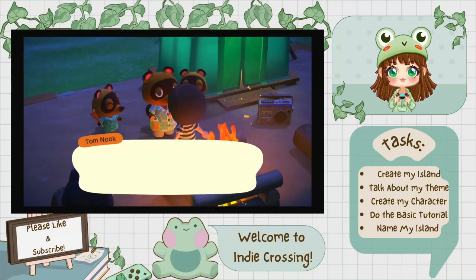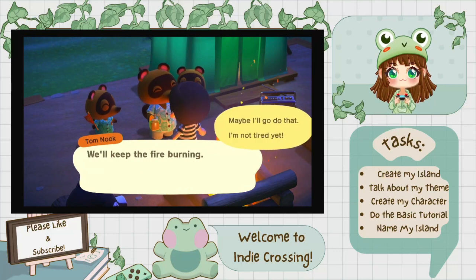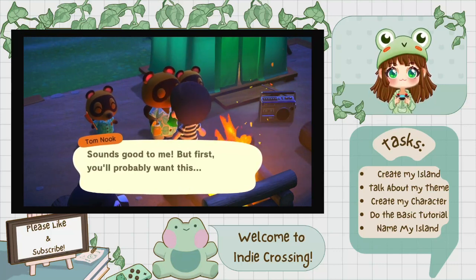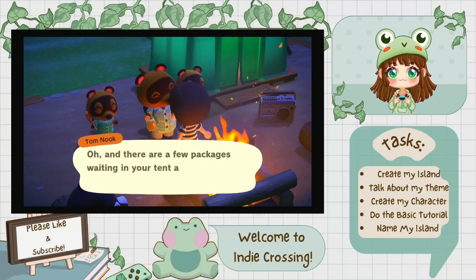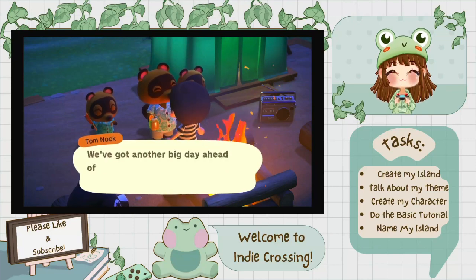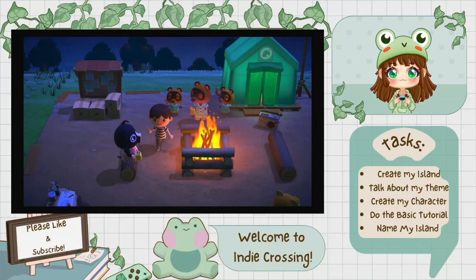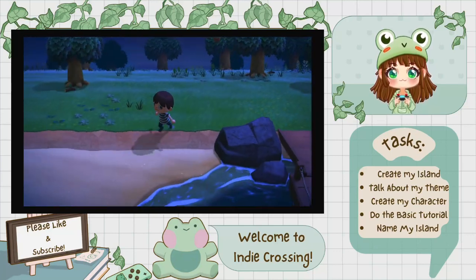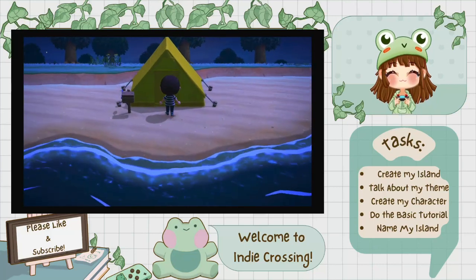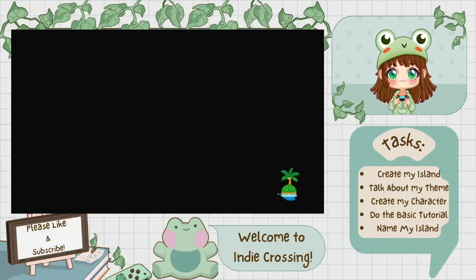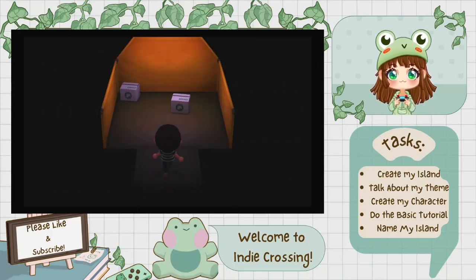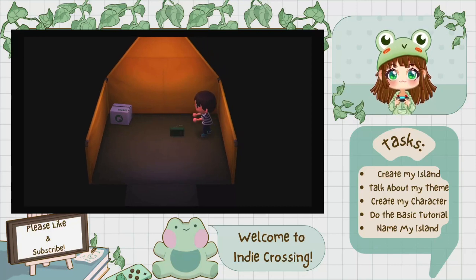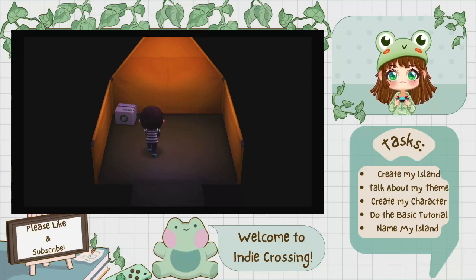Anyway, let's grab our cot from Tom Nook. I always like seeing what colors of items that we get in the tent.